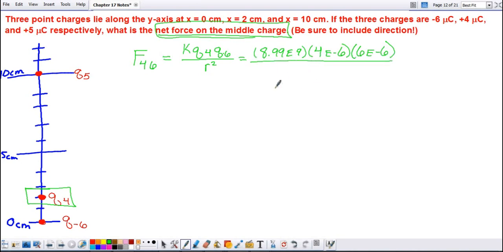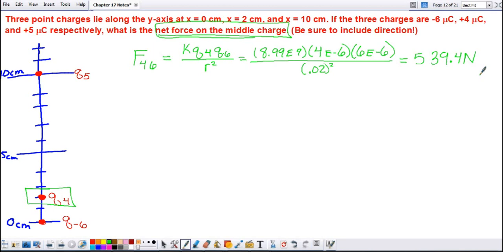Divided by the distance between them squared. Well, the distance between these two is 2 centimeters. We need it to be in meters, so I need to convert that, and then square that distance. Go ahead and type this in. We're going to get a force of 539.4 newtons. And now is where I'm going to look at the positives and the negatives and decide which direction this is going,